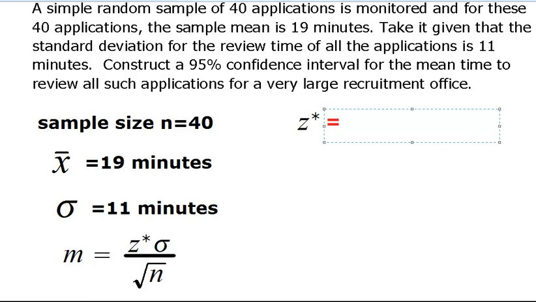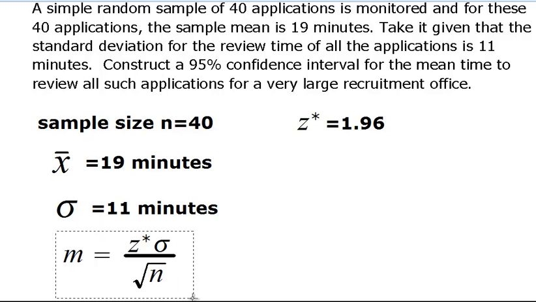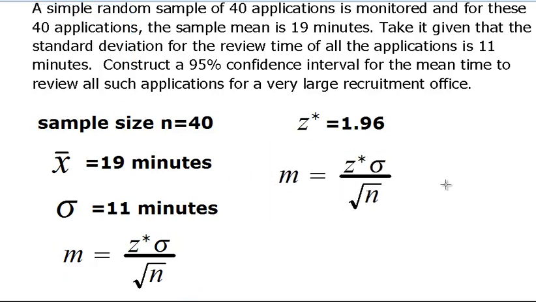So from the table we obtained Z star equals 1.96. Now you can use your calculator also to obtain this value, I'll go over that in a moment, but first let's look at this. Z star is 1.96, sigma is 11, and the sample size is 40. So if we take this equation and substitute these values in here,